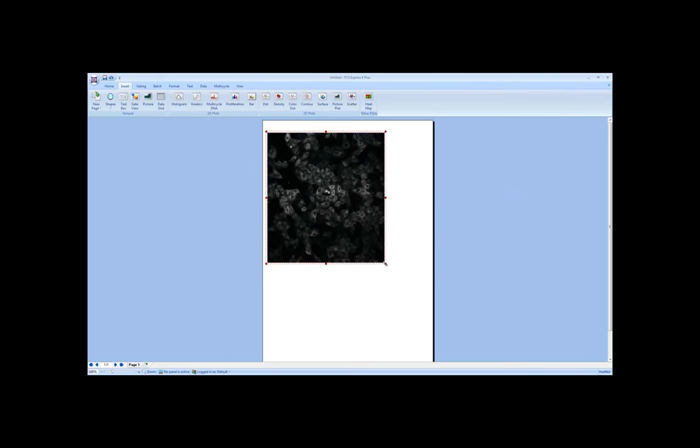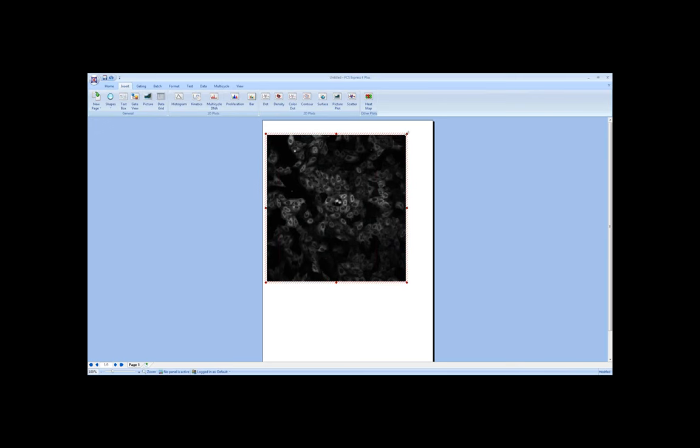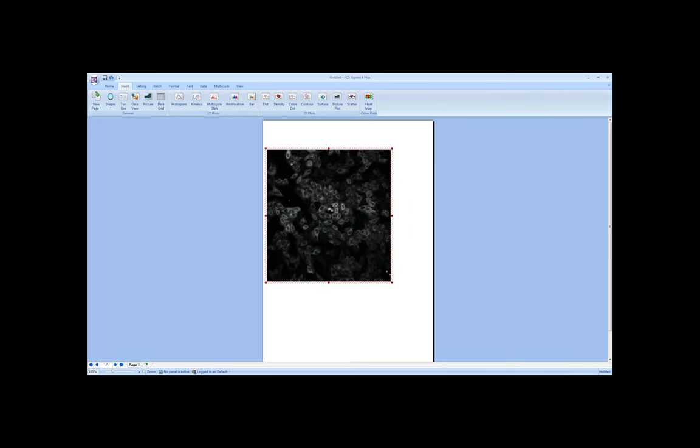So just like that, we've inserted an image. In this case, we're looking at a protein stain for a particular cell line. And you notice, just like PowerPoint, we can move this box around, we can resize it. So in the past, what you've probably had to do with images like this is kind of look at it, maybe figure out, this cell looks more intense than this cell, maybe this group of cells looks more intense than this group of cells. But once you've done your image segmentation with CellProfiler, or ImageJ, or whatever other type of